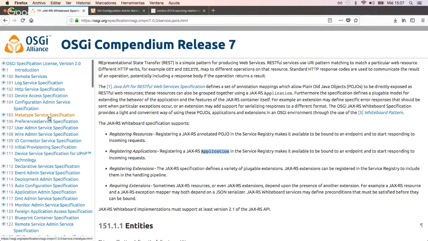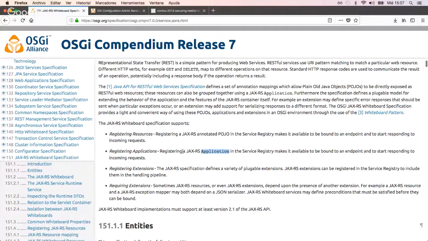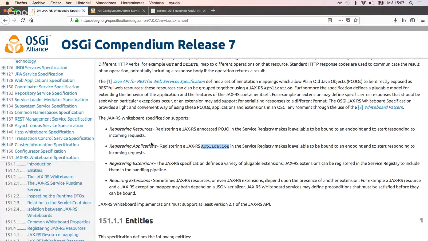And you can go down here for the JAX-RS whiteboard specification. Here you can see that we can register just plain resources, which is just the JAX-RS POJO in the service registry, and we can make this attached to different applications. We can also register whole applications, any static or standard JAX-RS application, and it will be deployed as well. And the best part is that we can augment these applications by using configuration and tossing resources